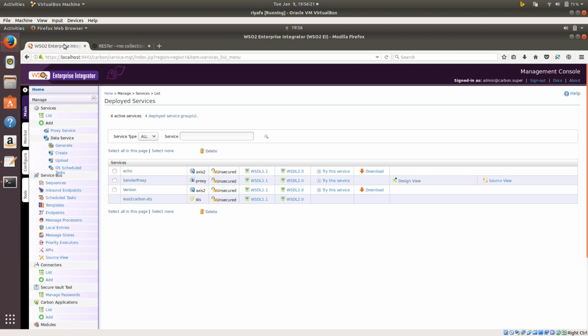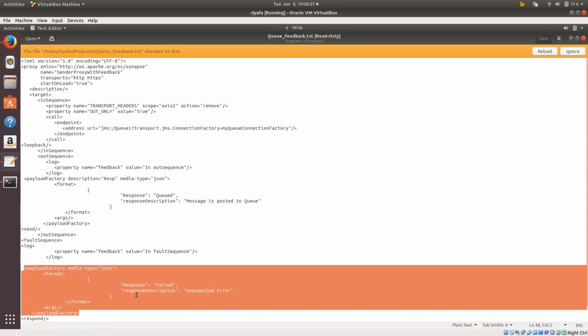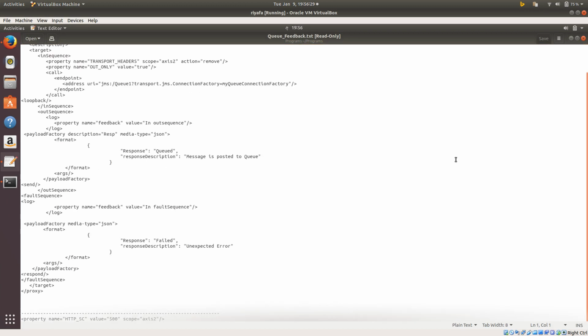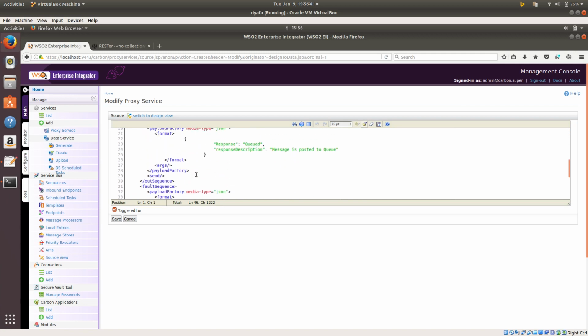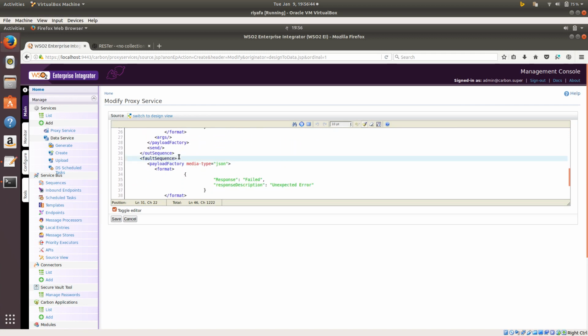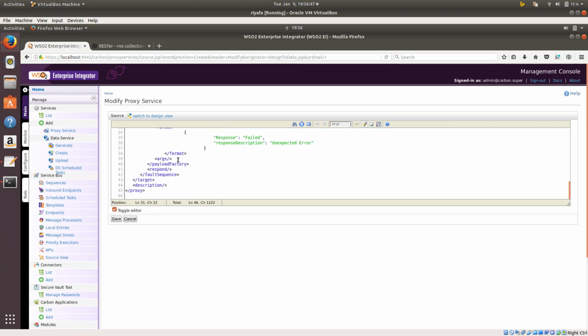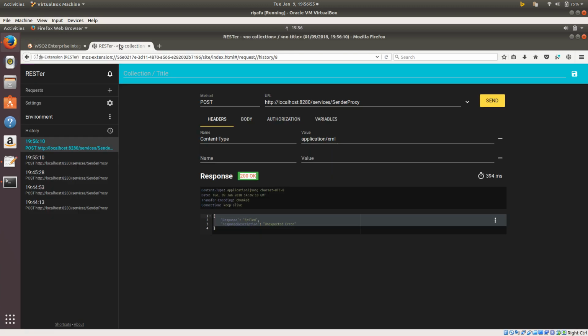To change the status code, the trick that we use, if you want to change the status code, you can use this configuration here. You can use this property if you want to say it's a 500 gateway issue or whatever. You can say before the send, we'll set the status code to 500. Then I will save it and I will send a message,